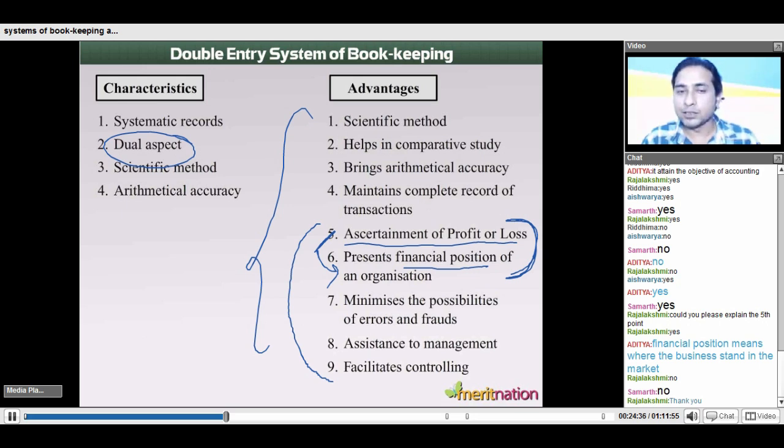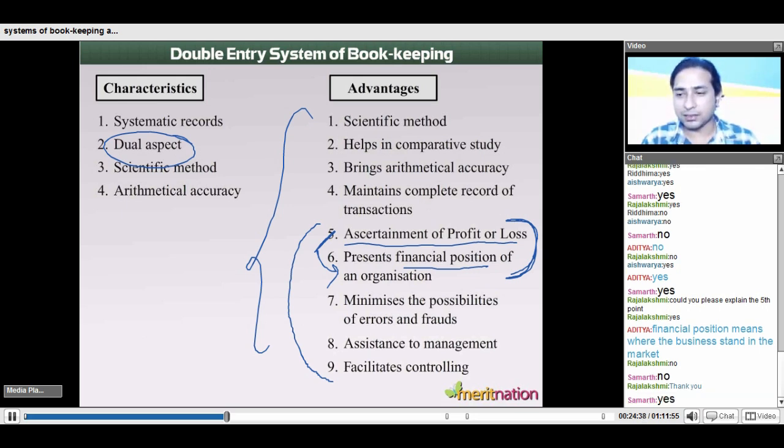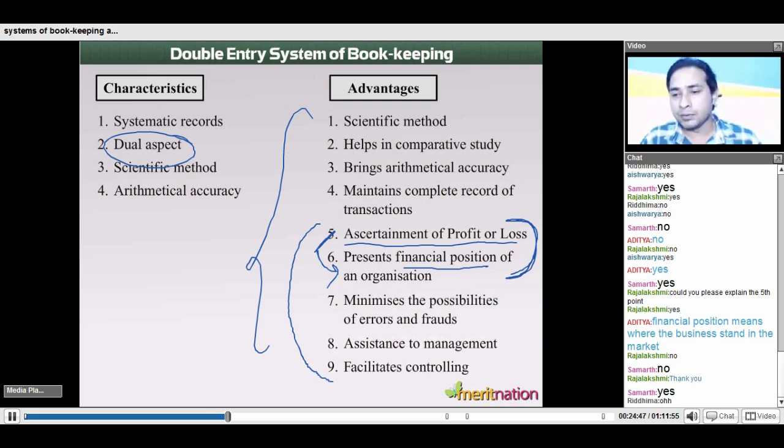Anyone who was not knowing this statement, this fact? So it is most important for us to understand. If we are looking for, let's say, a future in accountancy, this is what we have to master. So every time you remember, look at my fingers. We have 3 things. Dual aspects.